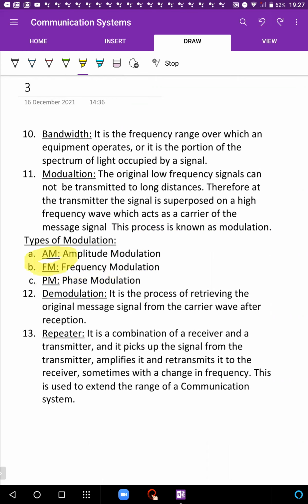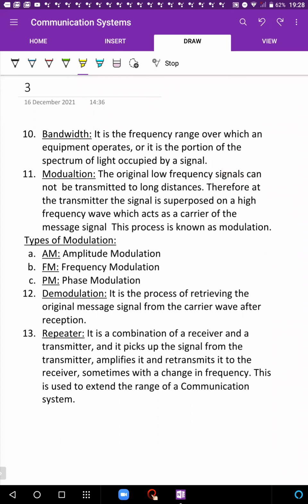As a kid, if you have heard of these words AM and FM, this is what they actually stand for. And in this chapter, you're going to understand what amplitude modulation and frequency modulation means. Next is demodulation. So it's the ulta process, the process of retrieving the original message from the carrier after reception. So तुमने सुपरपोज करके भेज दिया, but the receiver, once it receives that message, उसको फिर वो higher frequency wave से तुम्हारा message extract करना है. That process is demodulation. ये तुम्हें ज्यादा समझ में आएगा when we look at modulation, which is towards the end